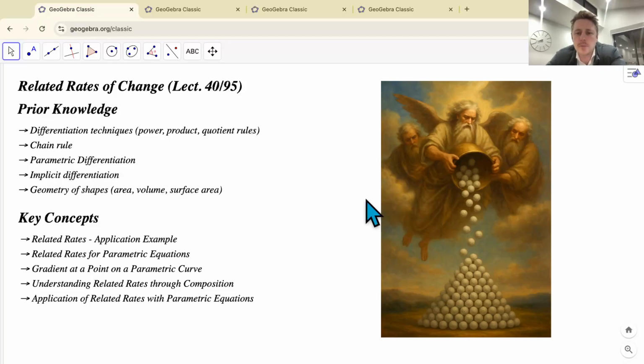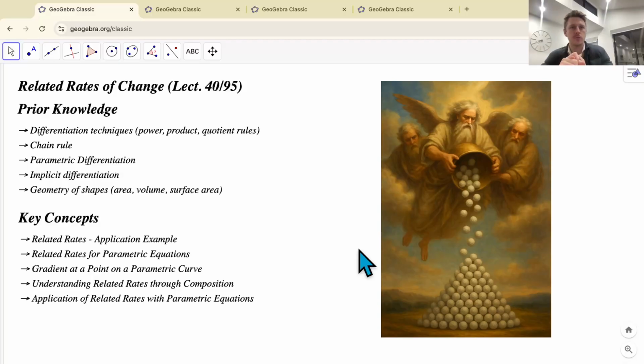So let me explain this picture, because it seems a little bit random. We're going to think about a golf ball pyramid. I'm not sure if anyone's into golf here, but sometimes you go to the driving range and they have these golf ball square-based pyramids. And we're going to start to think about, if you were to imagine that golf ball pyramid growing uniformly,